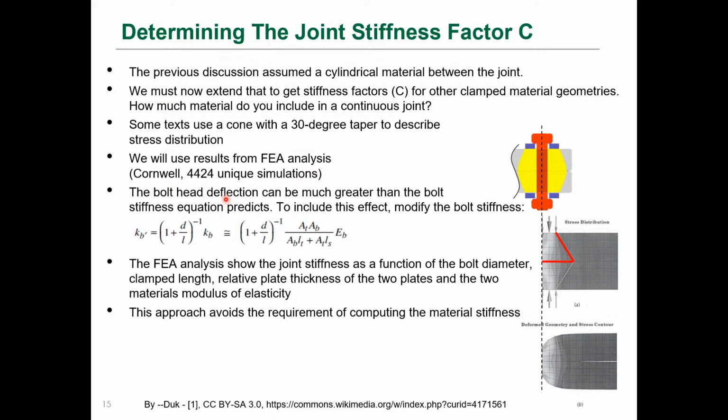In his research he found that actually the bolt head deflection can be much greater than that stiffness equation predicts. And so if you want to include the bolt head stiffness, you can take your nominal bolt stiffness and multiply it by 1 plus that diameter over the length of the bolt to get a modified bolt stiffness, and you can express it in terms of the threaded and unthreaded areas like this from your nominal bolt stiffness, and just modify it with this equation here. Okay, so